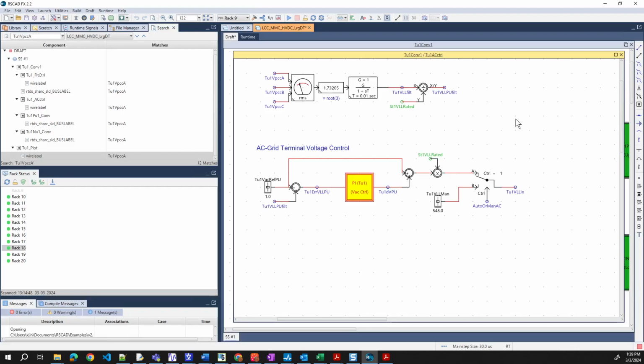It seems like whenever there's a deviation on the AC side, for example an AC fault, this voltage will drop. Whenever this voltage drops, it will generate a positive error. The positive error goes here, to the control value, positive control value, then to here, to add this thing. So whenever there's a fault, it will maybe increase the terminal voltage. Is that right? Why do we want to do that?